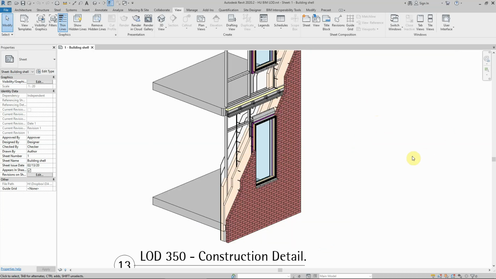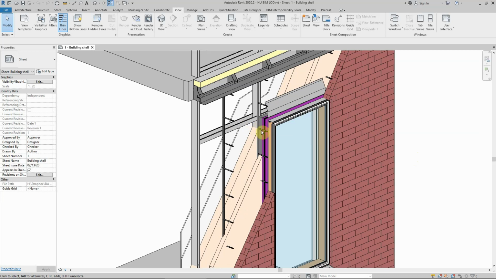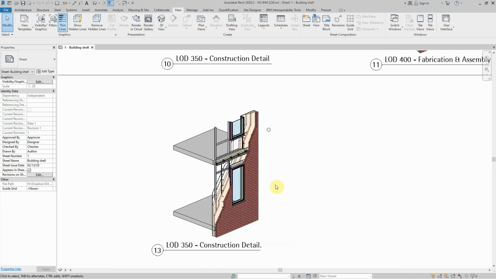Just to give you an idea of the kind of coordination that goes on at the level LOD 350, one obviously is the coordination between the architecture and all the services, but within architecture there's clash detection and so on. For instance, here there's a clash between the brick ties and the cavity closer, and we find that this track